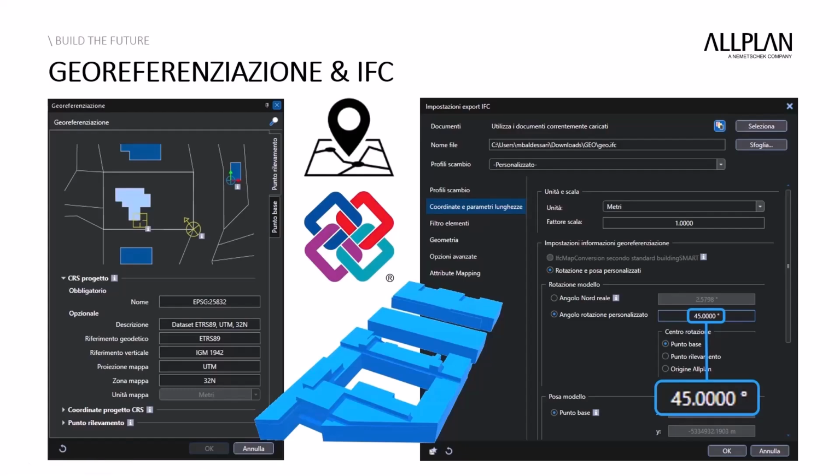The ability to georeference a project is absolutely essential when I need to export that project in IFC format, or simply to coordinate my work very effectively with my design partners. So here comes Allplan 2026 with a whole series of very innovative new features, both regarding georeferencing and the IFC